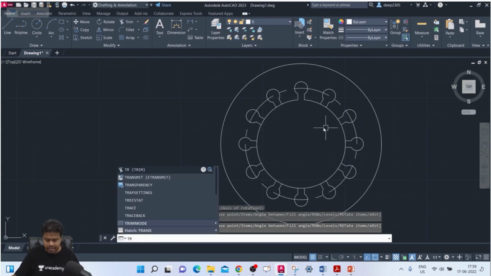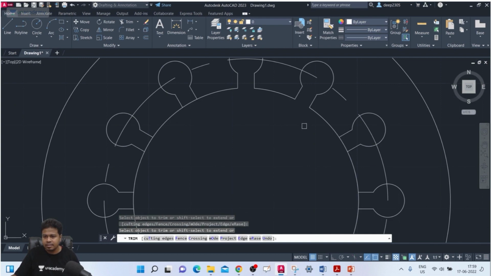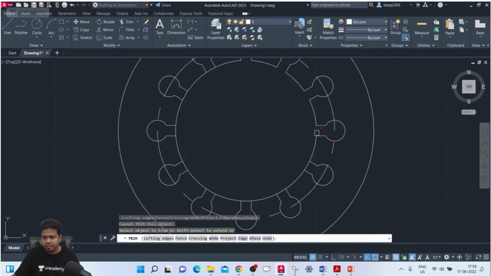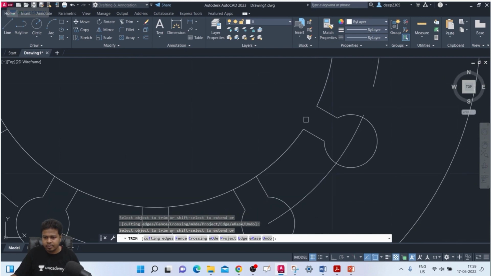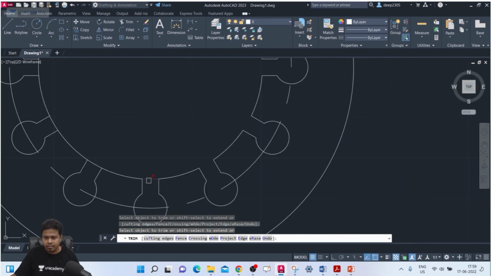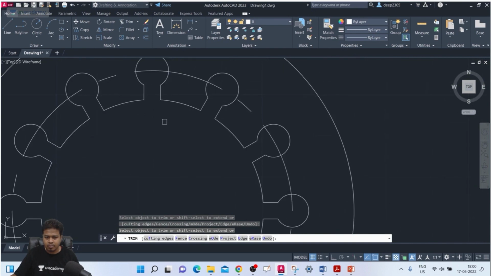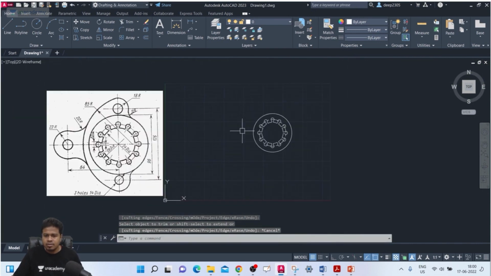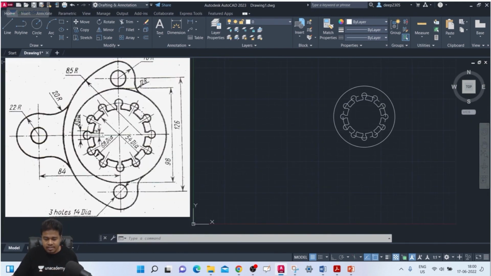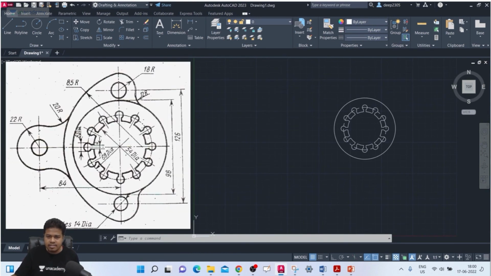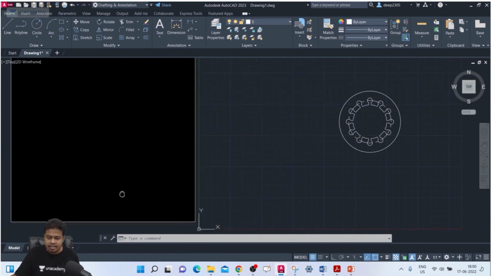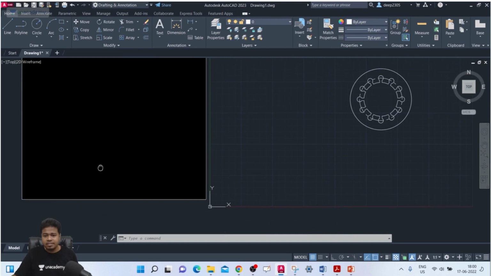Now go to trim, TR, double enter. You just have to trim away this thing. So this is done. Now you can see we have two circles here. One circle right here and another circle right here. So this circle is having 18 radius and this circle is having, actually what they have mentioned, see, 3